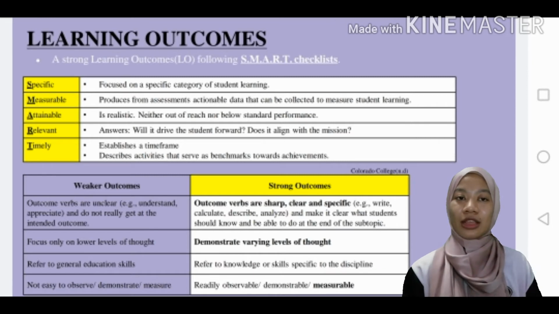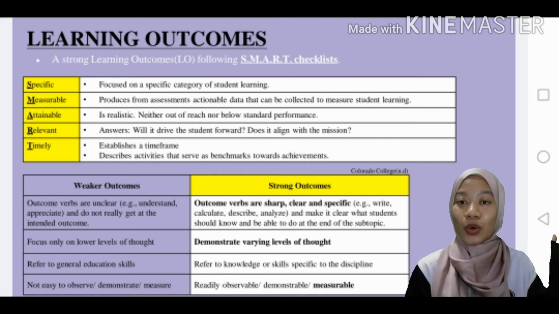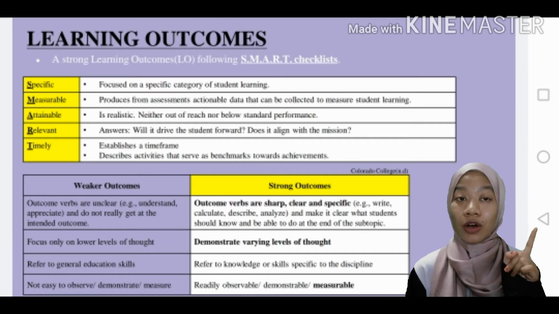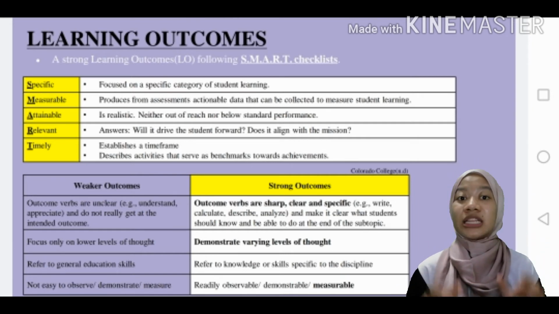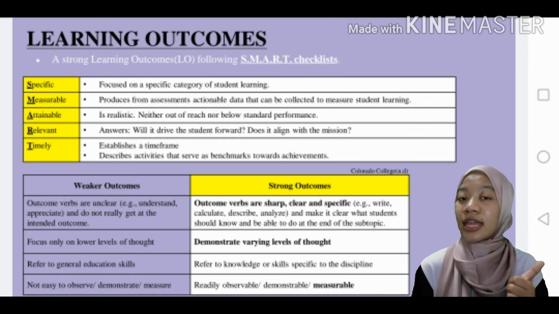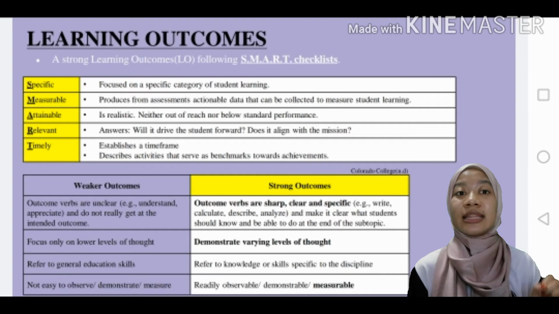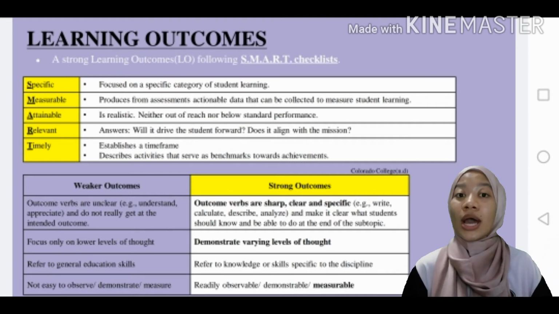Okay. Now, you can see the difference between weaker outcomes and strong outcomes. For strong outcomes, outcome verbs are sharp, clear, and specific. For example, the verbs used are calculate, describe, and analyze. So, when the students see this learning outcome, they will be able to know what they will learn after completing the